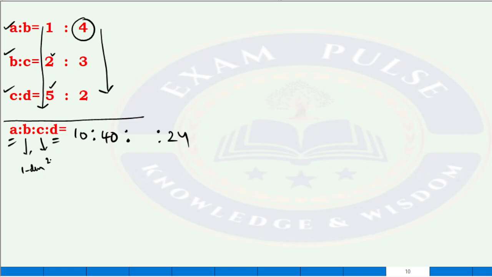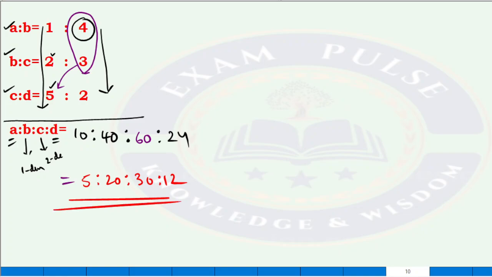Third step, that means two denominators will be there. Two denominators is nothing but 4 3s are 12. 12 into 5, remaining numerator, 12 5s are 60. If there is a further division, then we have to go for the division. So can I divide the entire ratio by 2? 2 5s are 10, 2 20s, 2 30s, 2 12s. This will be your answer.